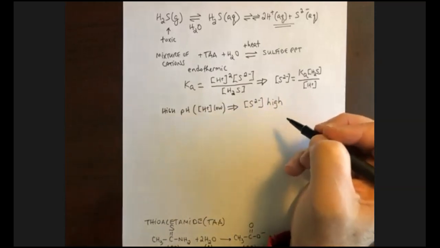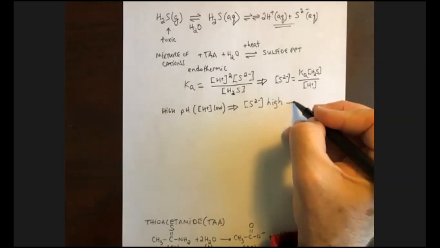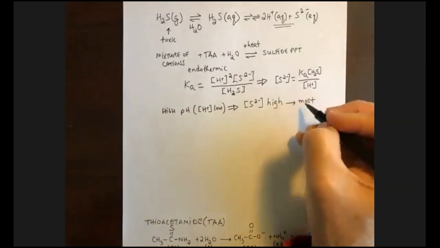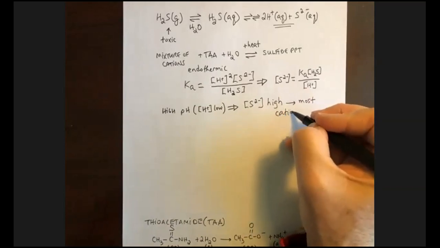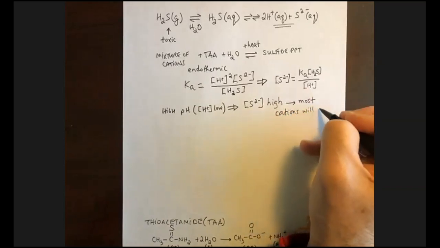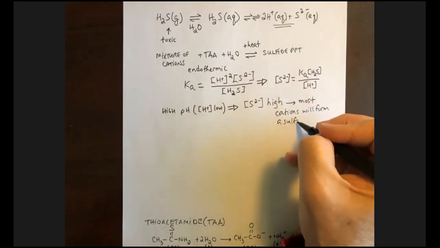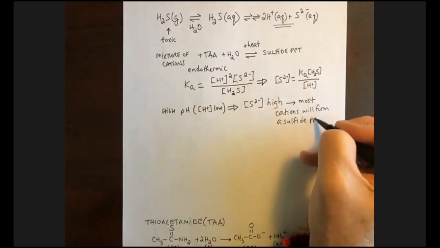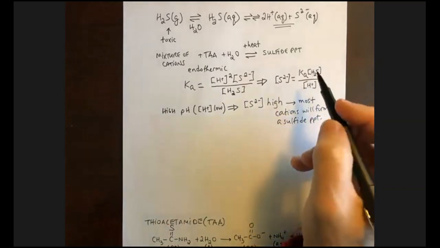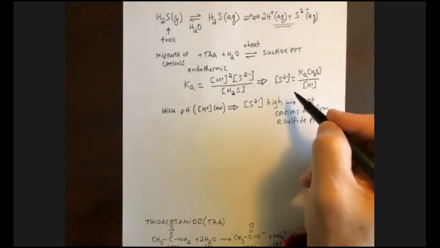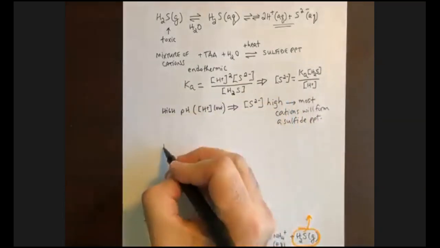And what's going to happen in that case is that pretty much most cations will form a sulfide precipitate. And that includes the other groups, the group 3 cations that we don't want to co-precipitate with ours. At a low pH,